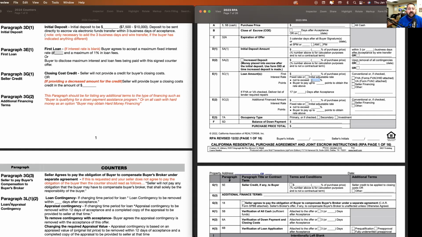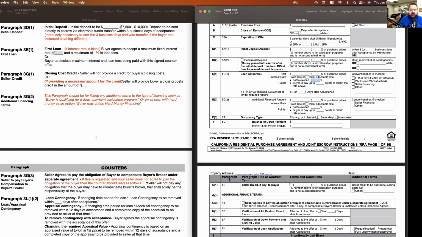So because they agreed to a maximum interest rate, if they can't fit in that maximum interest rate, they could technically cancel and not lose their deposit on the loan contingency, because they're not getting a loan at the rate they agreed to, or that we agreed to. That's a binding part of this contract. So leaving it blank,